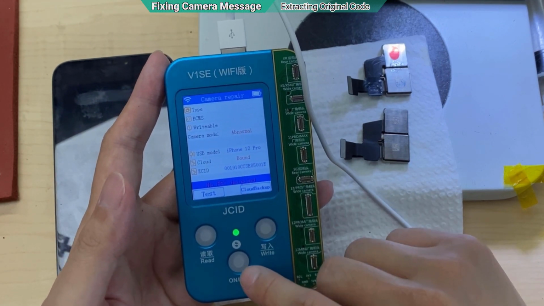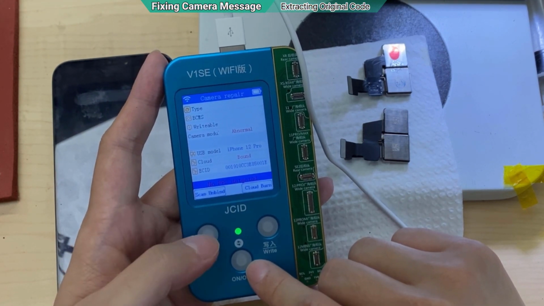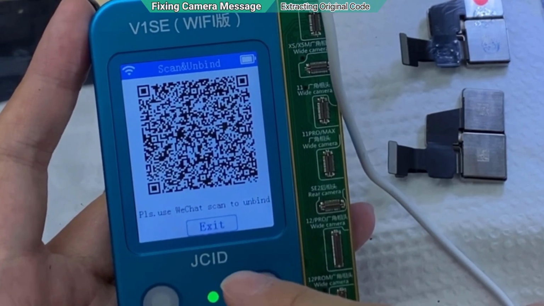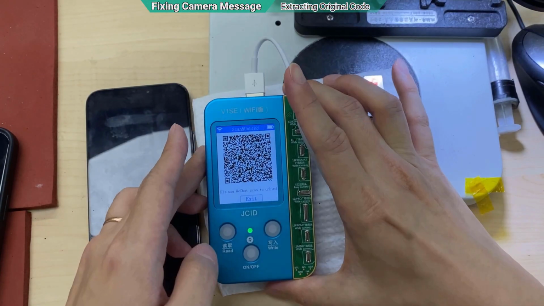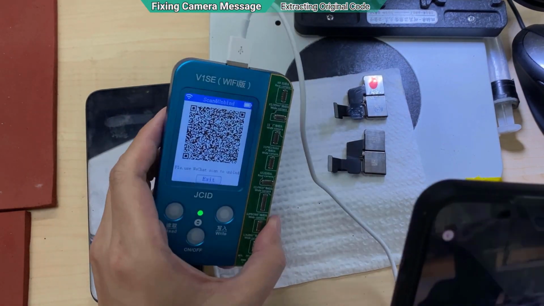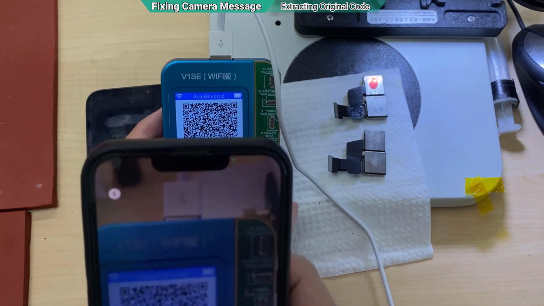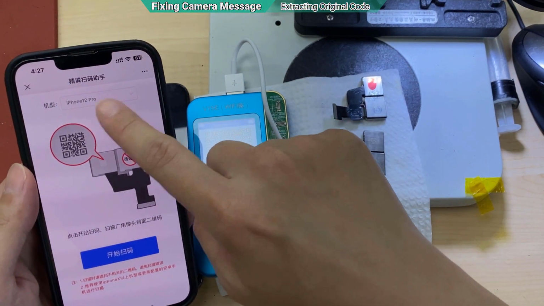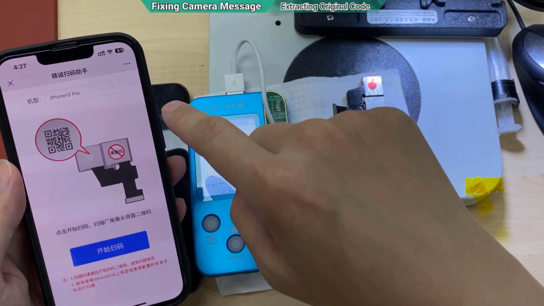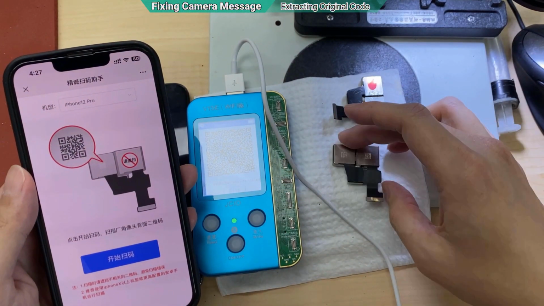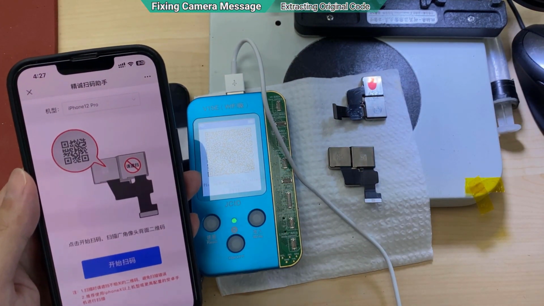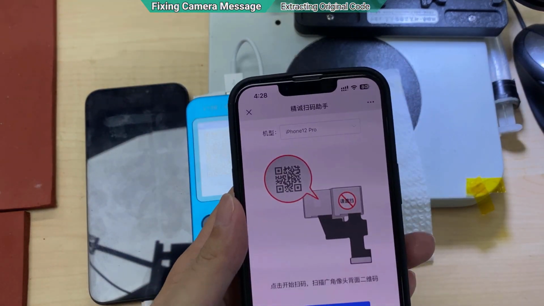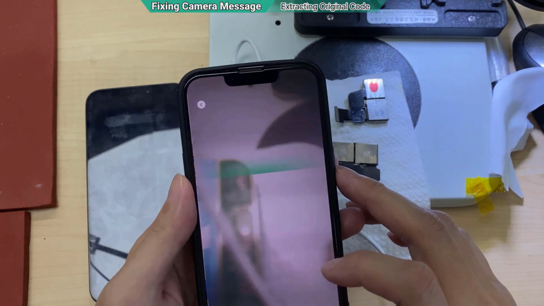So what's now is I go to here, on off button. We need to scan any unbind things. You say you want to do so, you need to scan this barcode from the region. So I'm gonna scan it. And then the instruction comes. It says select the model. Yeah, this is iPhone 12 Pro, and scan the code here, the right hand side. The original camera, of course, it can read from there. Start scanning, okay.